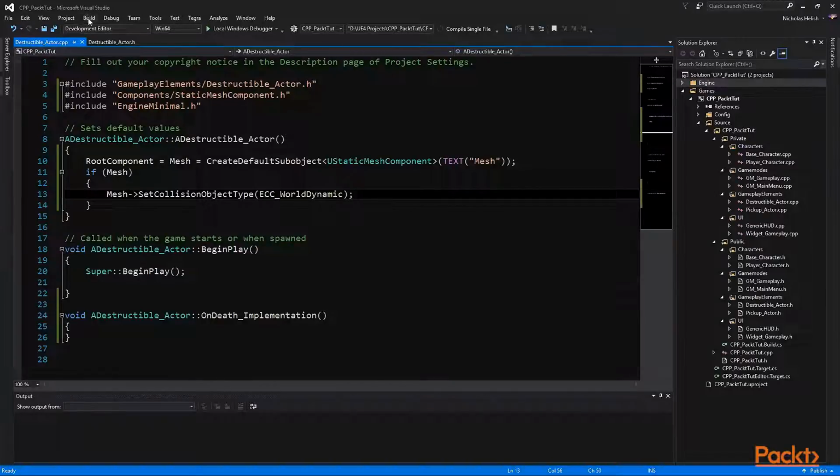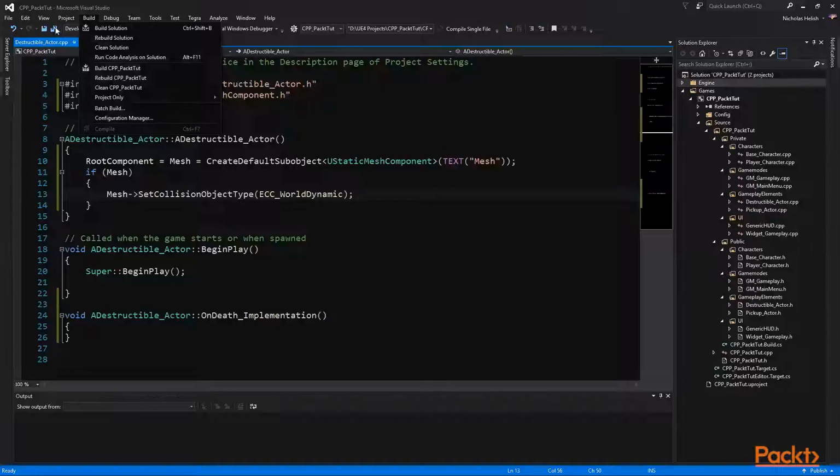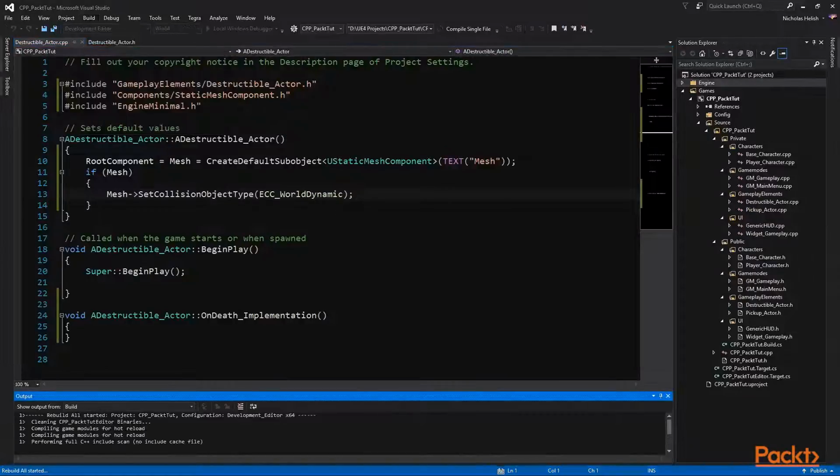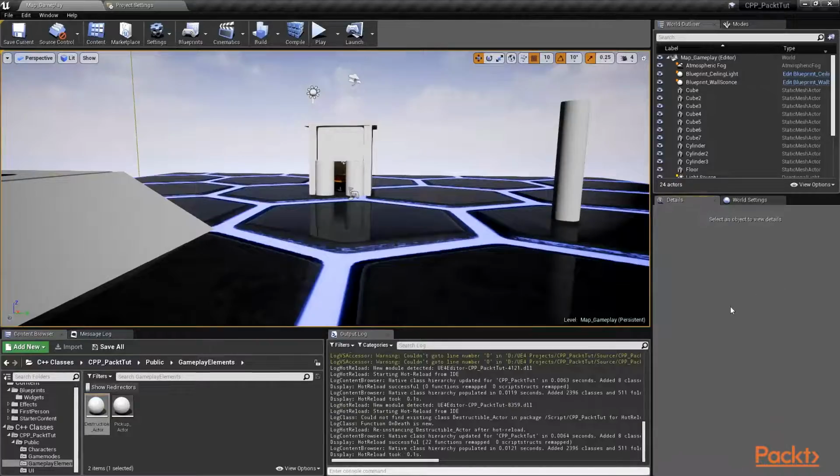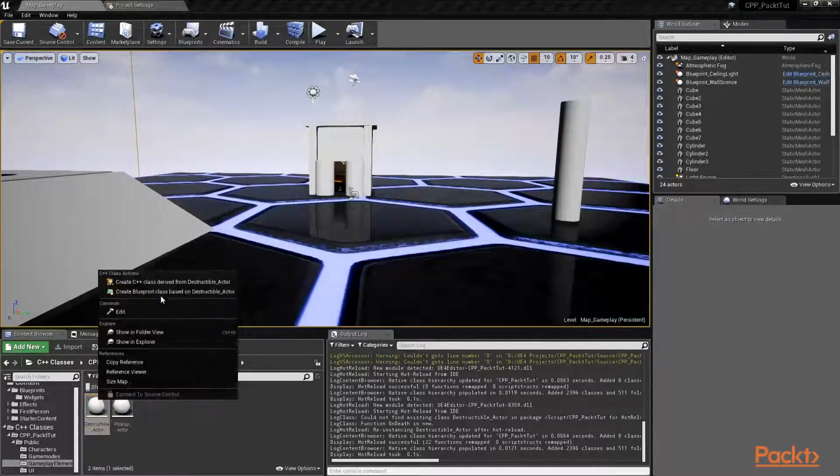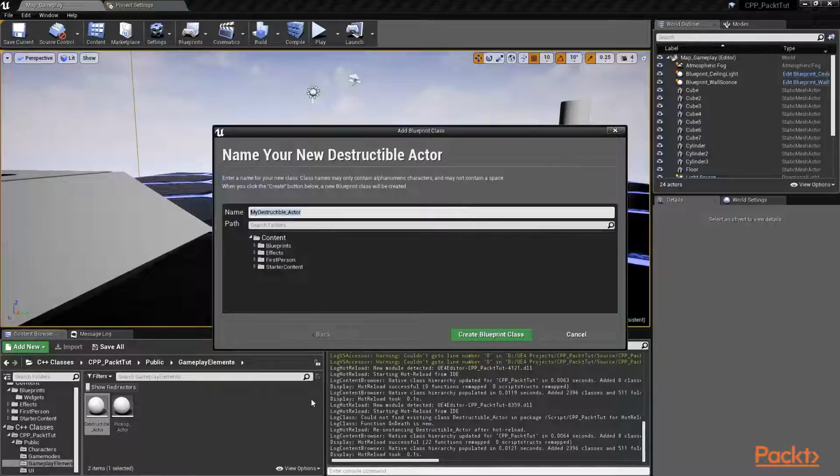Now let's go to build and rebuild our project after saving all. Now that our hot reload is finished, let's create a blueprint actor based off of the destructible actor, and let's name it Barrel Destruct BP. And let's place it within the blueprints folder,